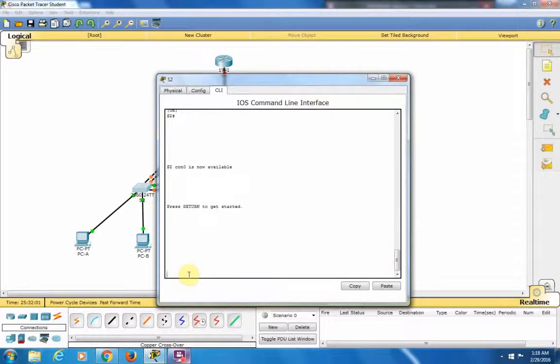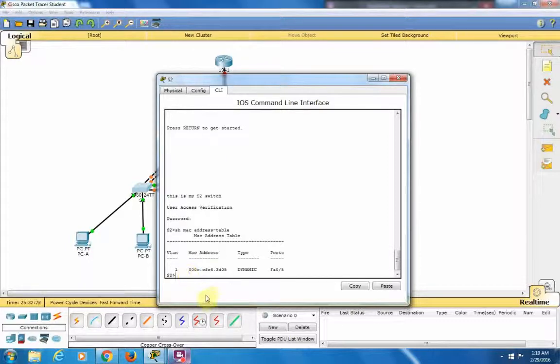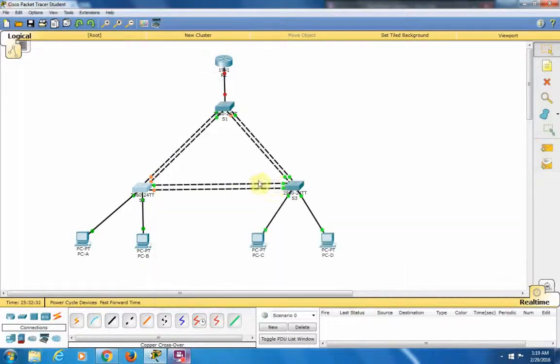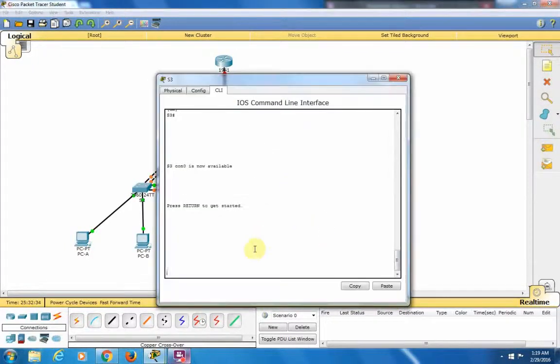On switch 2, show MAC address. Here we only have 1 on switch 2. And on switch 3, we have